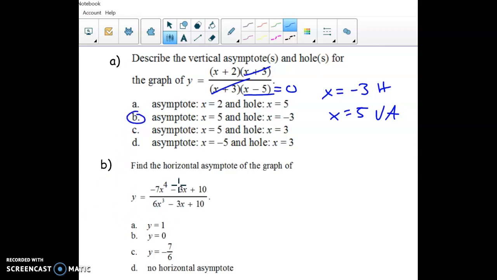All right, horizontal asymptote, again, you use the chart. And so we have m of 4 and n of 3. So that means m is greater than n, and there's no horizontal asymptote. And again, that's just that chart, which uses the highest exponents, right? And that chart will be given to you on the